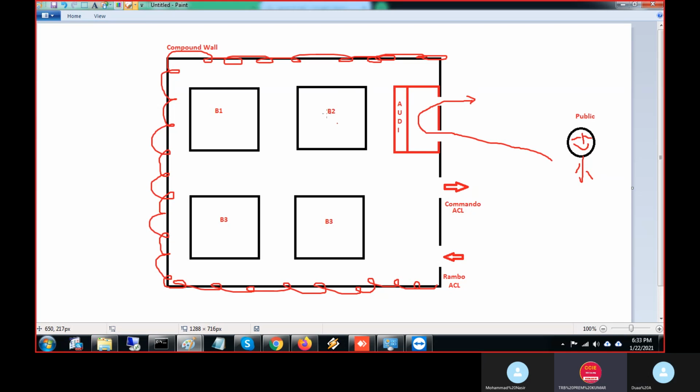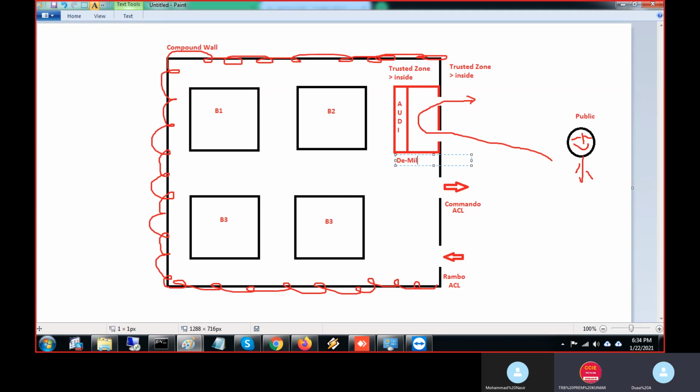But they cannot come inside the trusted zone. This full area is the trusted zone. In the trusted zone, you have a lot of assets inside. So now this is outside, the untrusted zone, right? This is my DMZ,